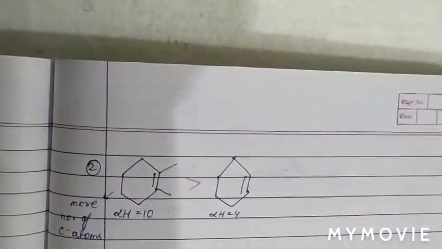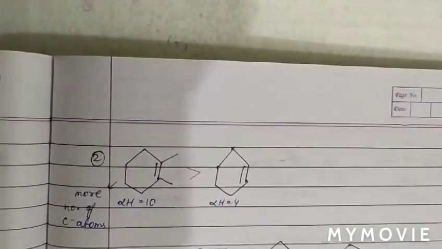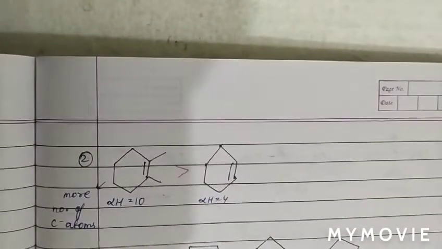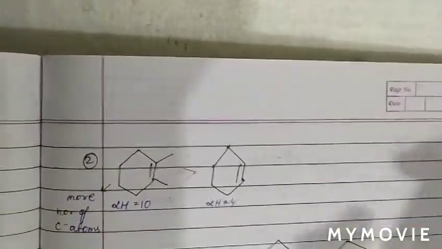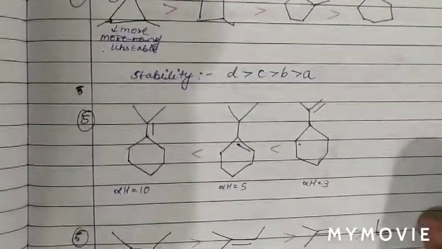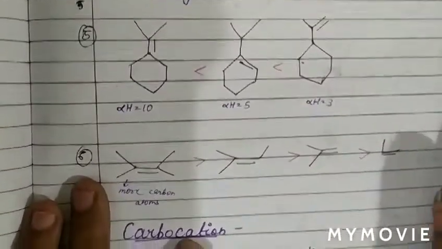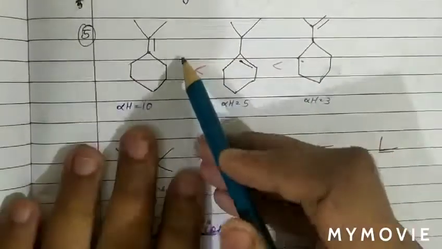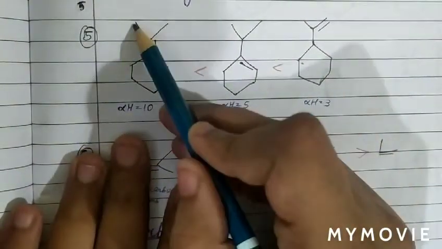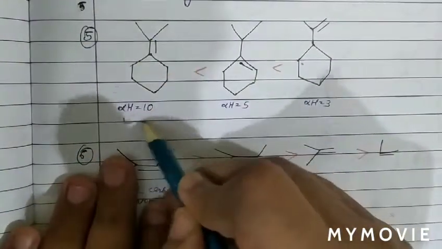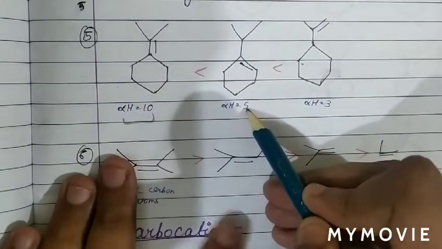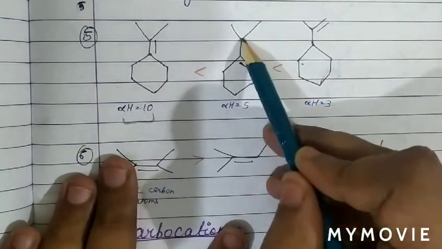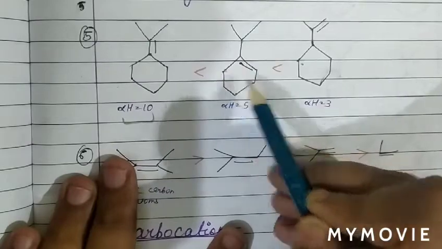Now see the next question. In the next question, we have to compare the heat of combustion. As in this case, we can see the stability. So basically heat of combustion we have to compare. As we can see that in this case 3, 3, 6, 2, 8 and 2, 10, 12 alpha hydrogens are there. Now in this case we can see 1 and 2, 3 and 2, 5.